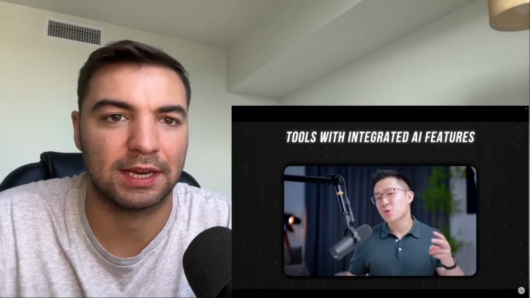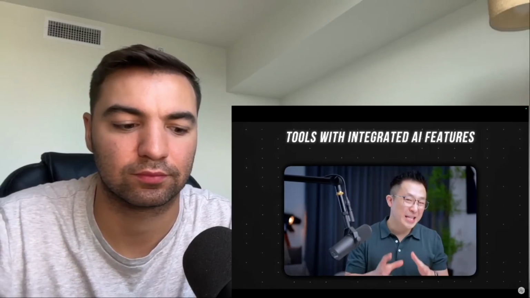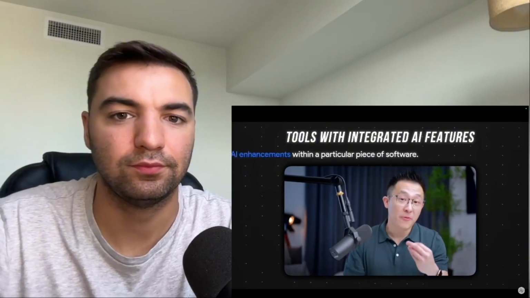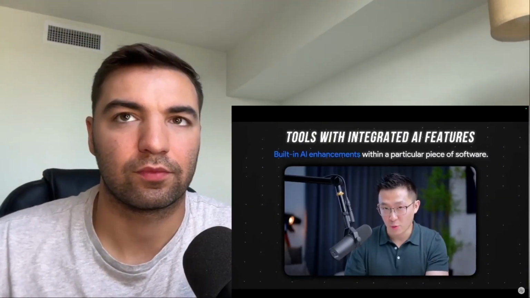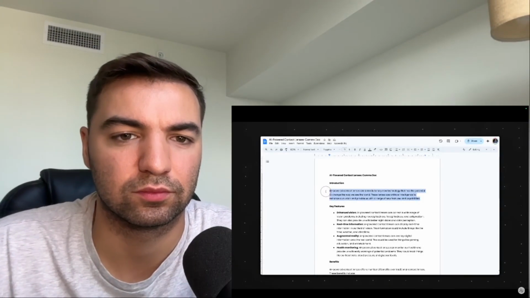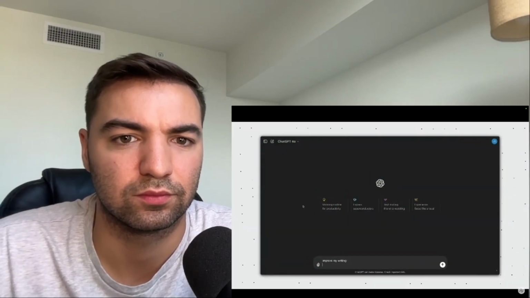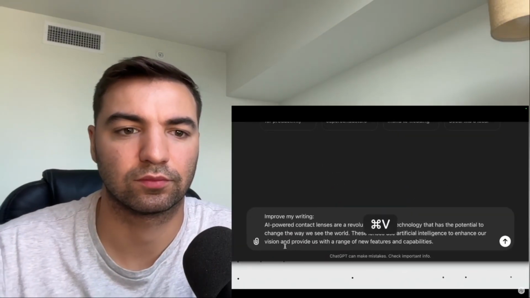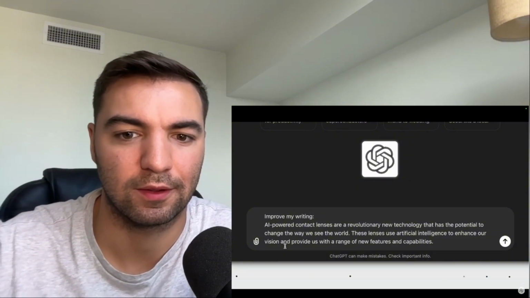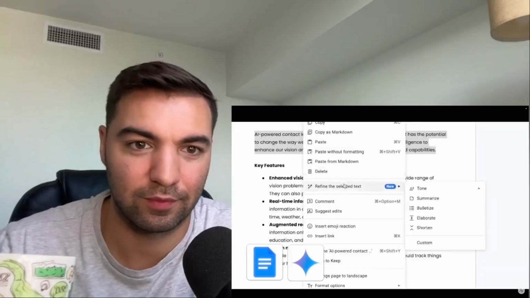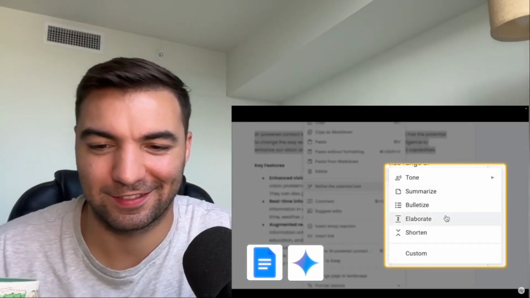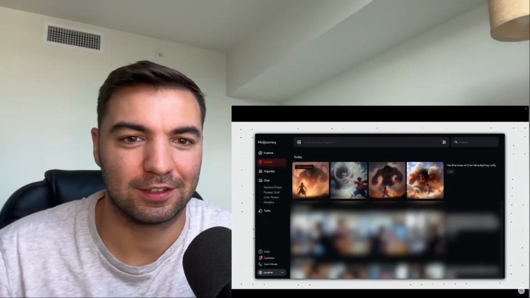This is in contrast to the second category, tools with integrated AI features, which refers to built-in enhancements within a particular piece of software. For example, after drafting a post in Google Docs, I can either copy and paste this text over to a standalone app like ChatGPT to improve my writing, or I can use the built-in or integrated Gemini for Workspace AI feature to make adjustments. Another example would be I can either use Midjourney